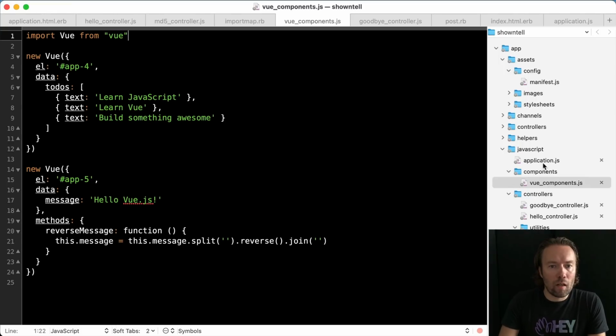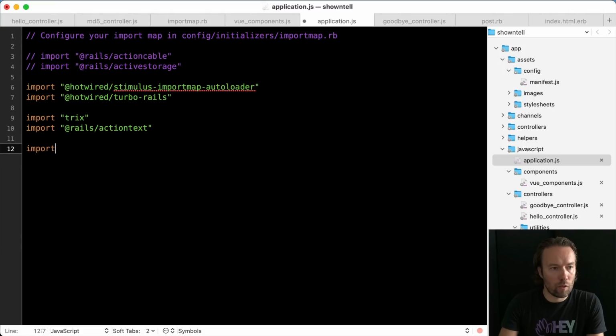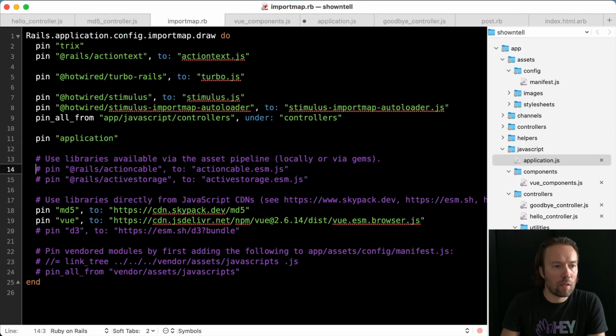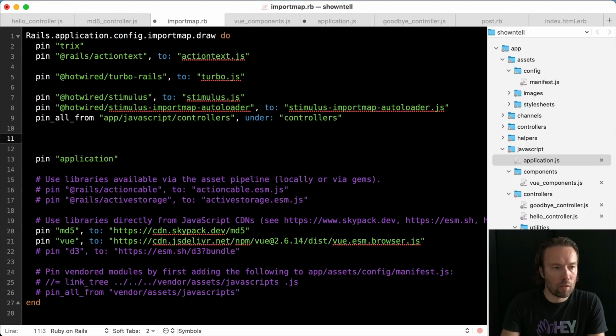We are importing Vue again from this import-mapped bare identifier, Vue. And we need to link that up in application, so we're going to import that here as well. Actually, first we need to map it. So let's map these new components. We're going to do another one of those pin_alls from app JavaScript